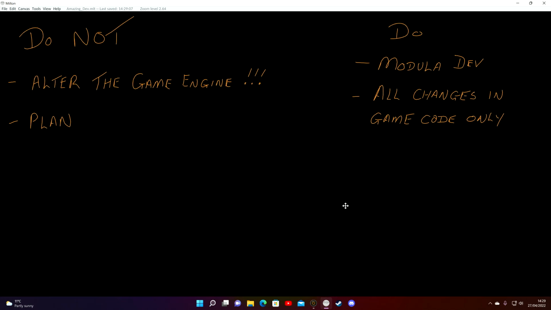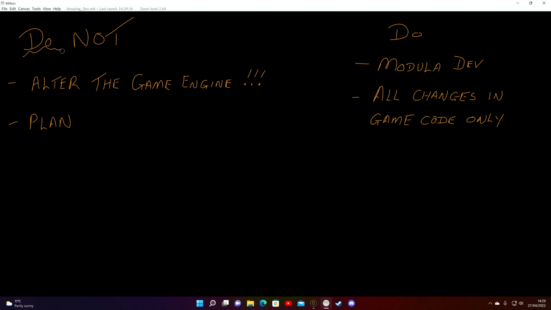So what we are going to do, we should have squiggly lines under those. Those are headings. We are going to do procedural maze.